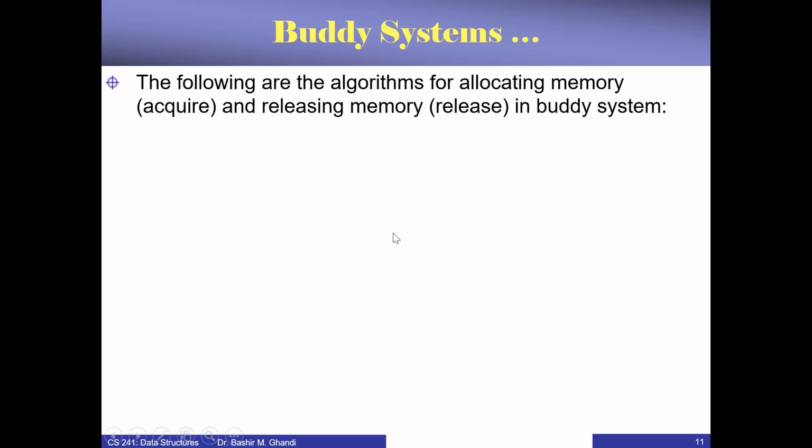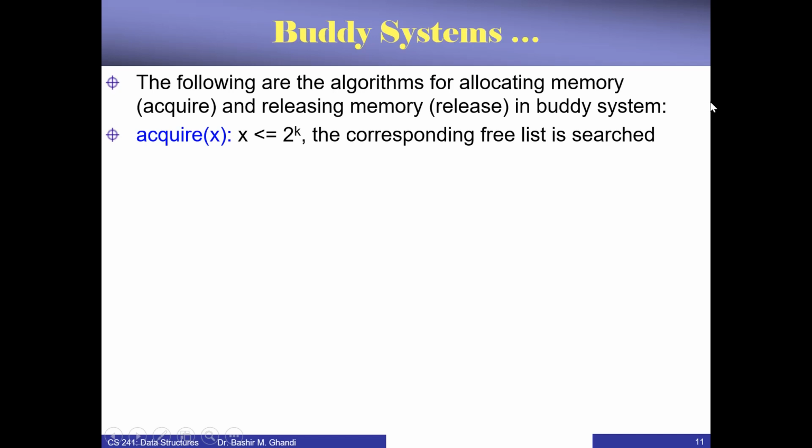All right, and with this we can now introduce the idea of how buddy systems actually allocate and deallocate memory, or acquire and release memory. So the following are the algorithms for allocating, which is also called acquire, and releasing memory, which is called release, in buddy systems. Okay, acquire. To allocate a memory of size x, where x is less than or equal to 2 to the power k,